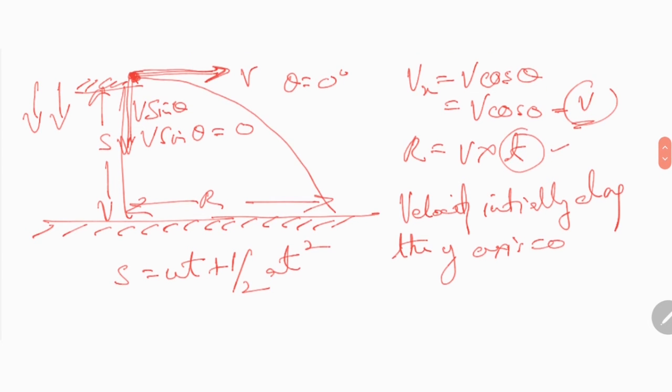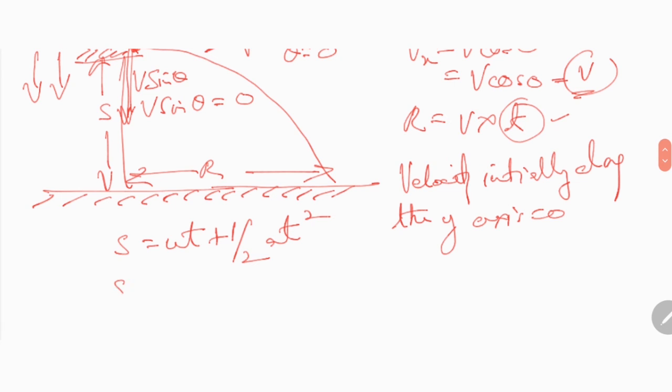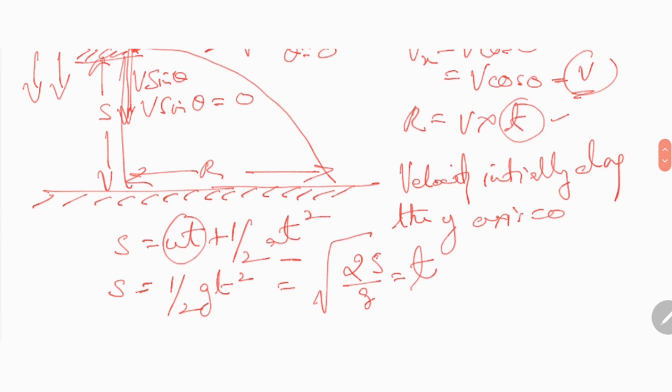But what is our S now? S is something which we leave as S. We are going to find out time here, right? So S is as it is. And what is your initial velocity? Initial velocity is 0. So this term becomes 0. So we are only left with half g t square. Therefore t becomes under root 2s by g. So this is your time, right? So we have found out the time the ball will take to land down.